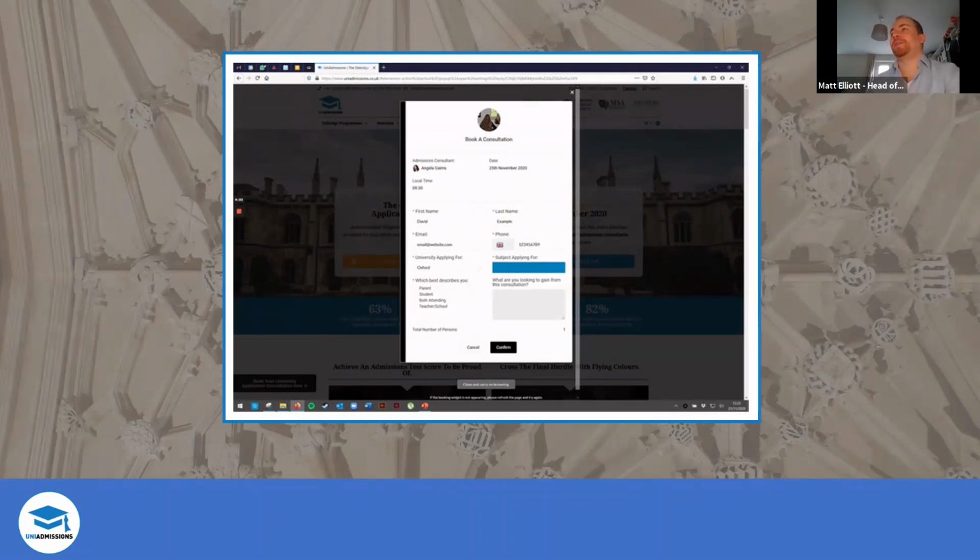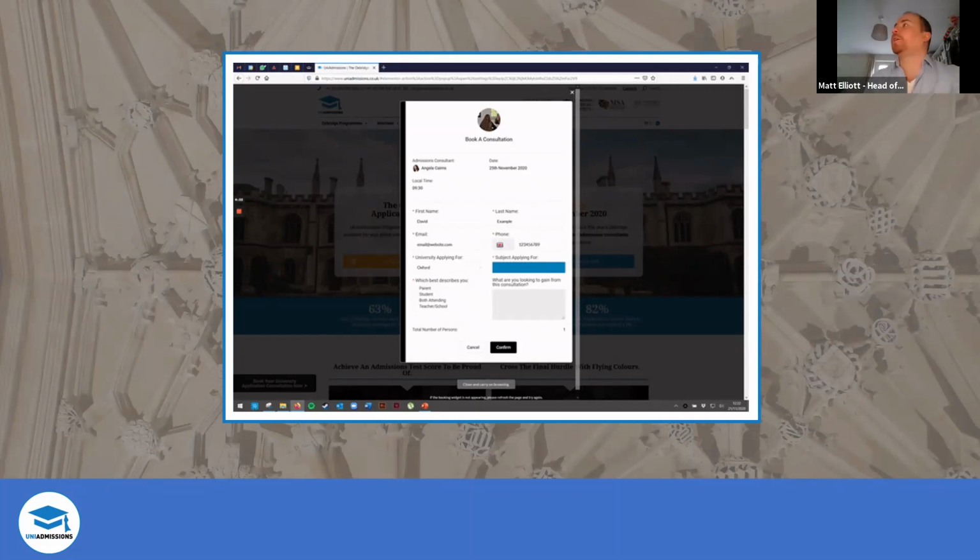Fab. Thanks, Will. So Urvi has asked us, can you tell us the distribution of places offered, interviewed, not interviewed for the LNAT? So I expect you're thinking of law at Oxford, Urvi, because Cambridge uses a different test. A lot of universities use the LNAT, but obviously only Oxford go to the trouble of interviewing. So in 2019, which is the last year I have figures for, because we haven't got the final 2020 figures yet, we're still waiting to see how everyone's A levels go.